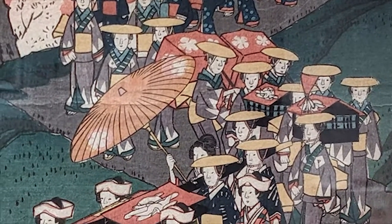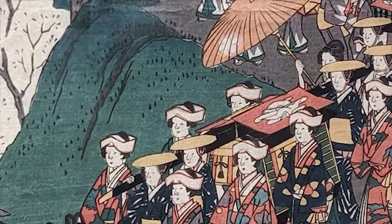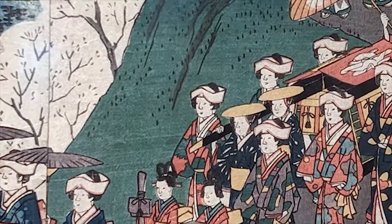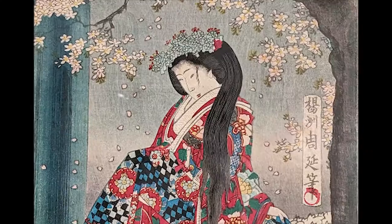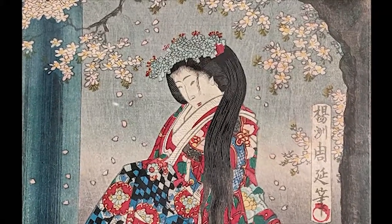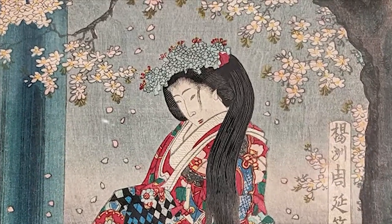To the Japanese, the fullness of branches laden with pale pink flowers, followed by the scattering of their petals, serves as a reminder of the transience of life and of the importance of savoring every moment. In the 10th century, the poet Kino Tsurayuki wrote a poem speaking directly to these delicate and beautiful flowers and